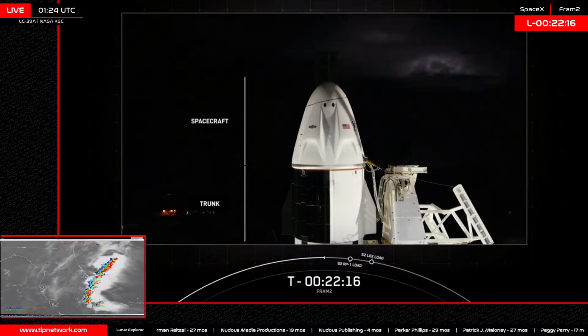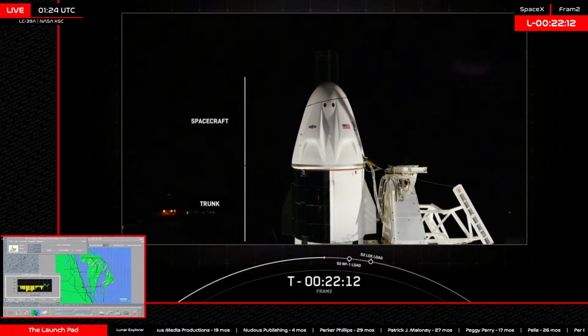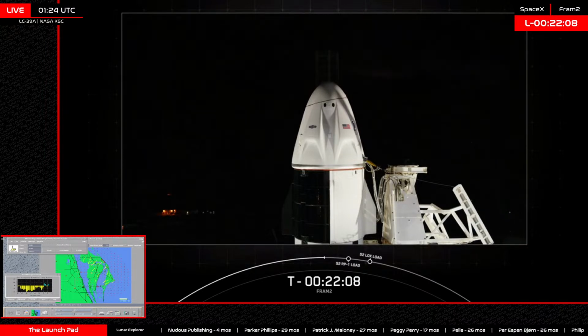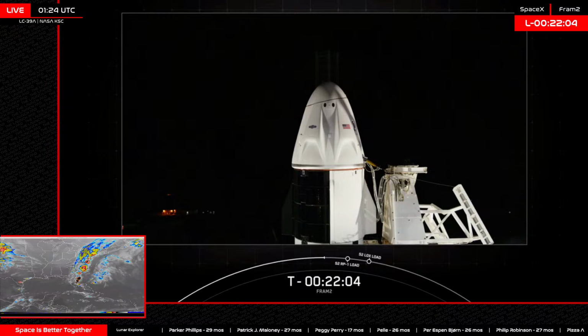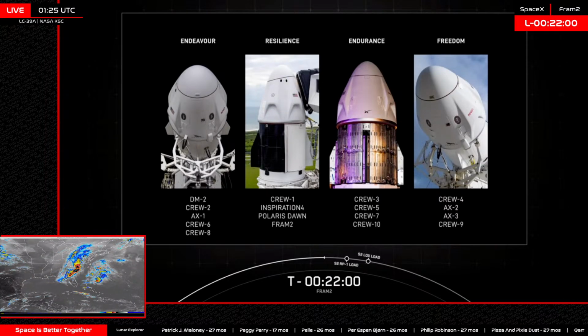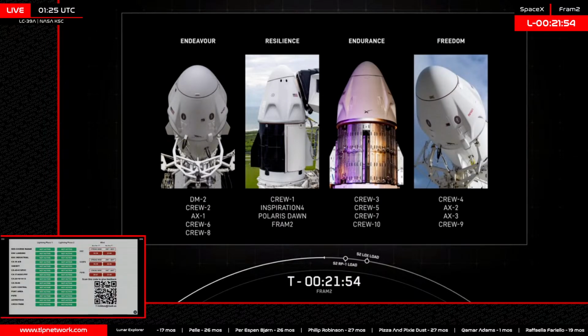Now, we mentioned earlier in the show that this will be the first West Coast recovery with crew. This change was made to allow for the trunk to remain attached to Dragon through the deorbit burn, and then it will ensure that it falls safely into the Pacific Ocean. Like the Falcon 9 first stage, Dragon is also reusable. This will be the fourth flight for this Dragon named Resilience, which most recently supported the Polaris Dawn mission last